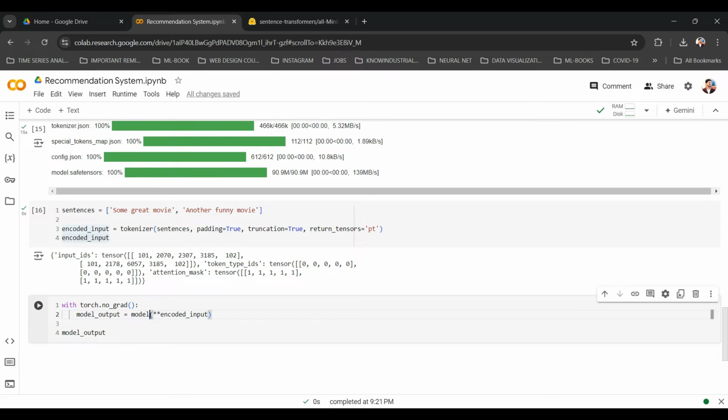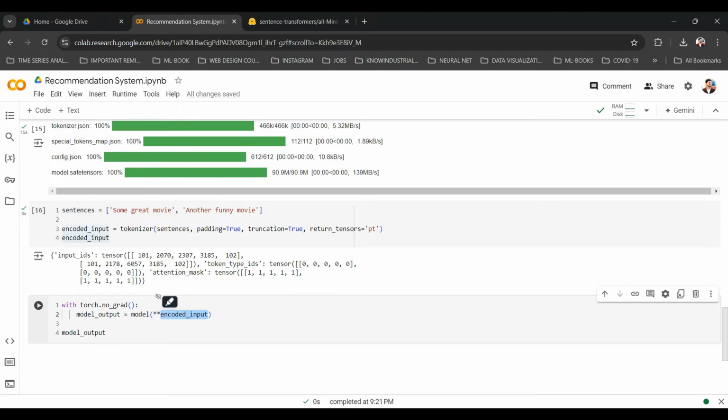To the model, we are passing in the encoded input, and we will be expecting some model output here. The two stars here are just used for unpacking in Python. Our input here is given as tensors. This is a dictionary that contains the encoded input data, with keys corresponding to the expected input names.